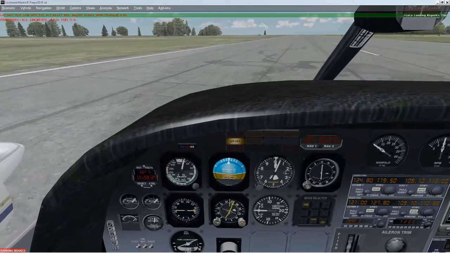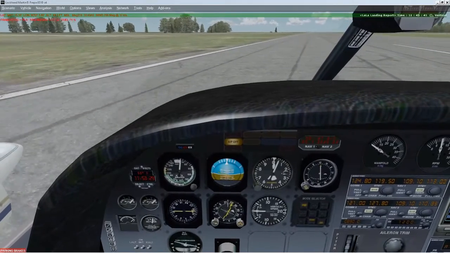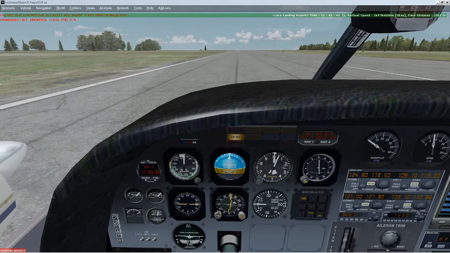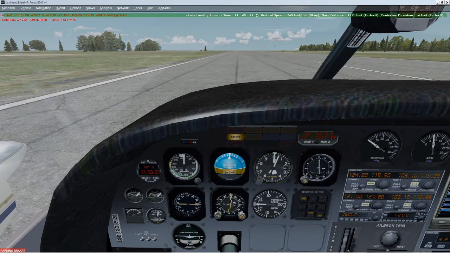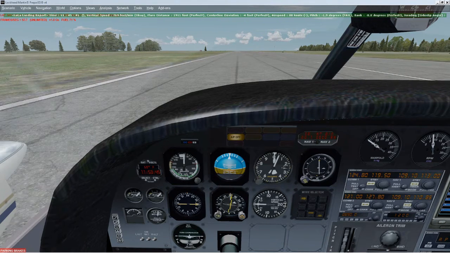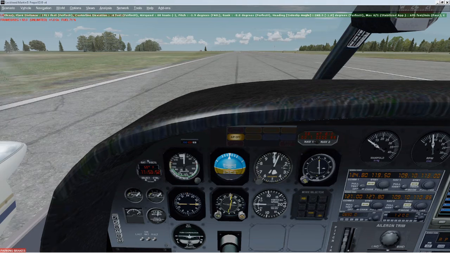Well, there you have it. Runway 6 ILS doesn't work. Runway 24 works fine. Well, this is my Lord of Landing report. What did I fail? Everything, probably. The speed was okay. The vertical speed was okay. Oh, okay. The flare distance was perfect. Okay. Center line was perfect. Oh. The pitch failed. Right? Bank. Headings, perfect. The stabilizer